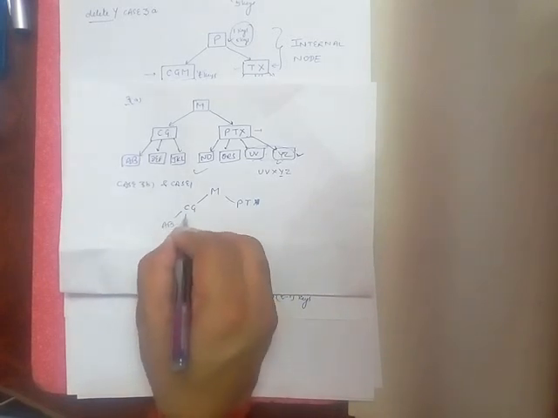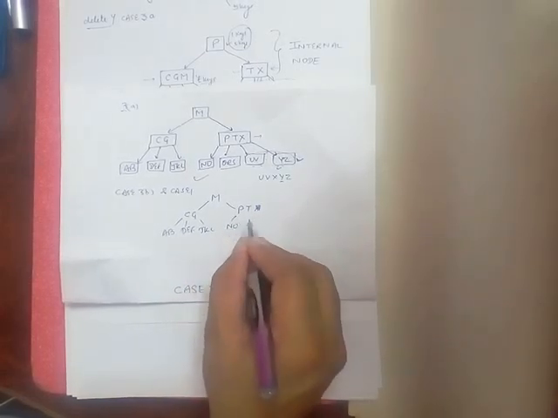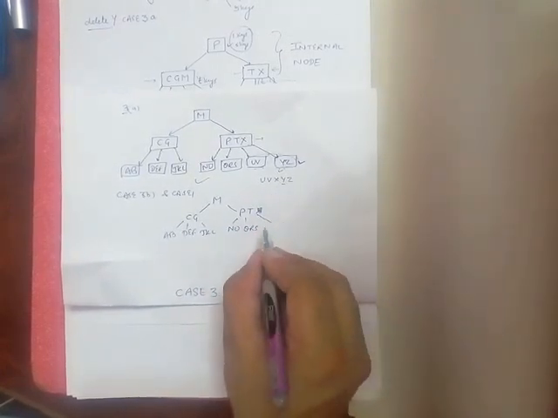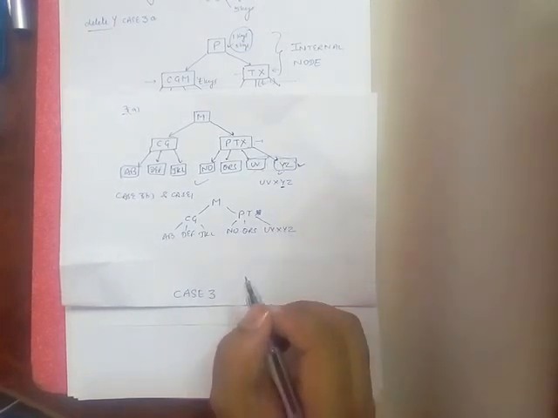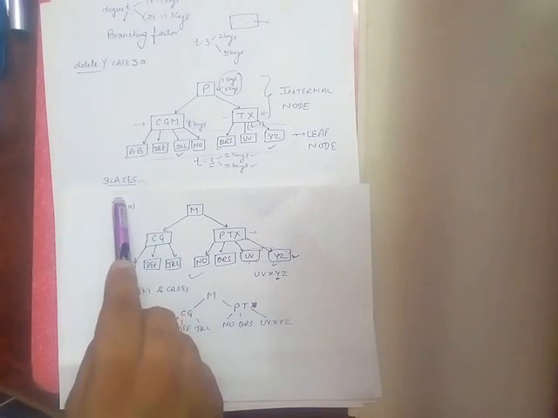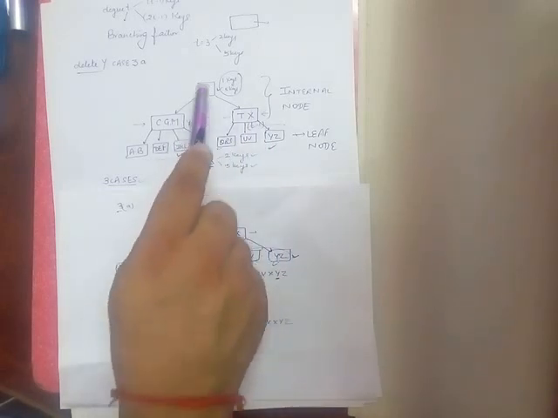Its left child will be A B, D E F, J K L. Here I am having N O, Q R S, and as it is merged and Y is deleted, the elements will be U V X Z. It means if you consider this particular figure and we are deleting Y, then first case 3 is applied at the parent node of Y, where M is moved up and P is moved down. Then in that particular node case 3B is applied and case 1 is applied, and the figure is like this.